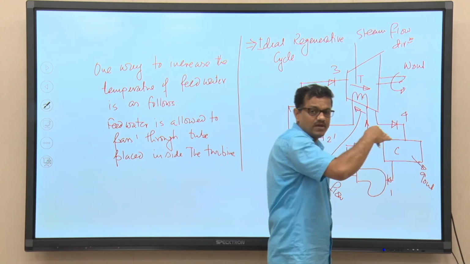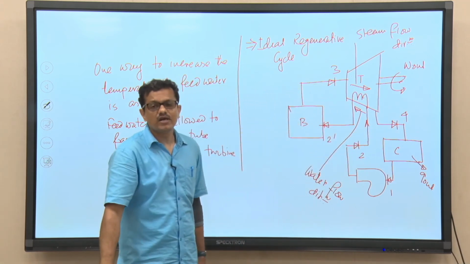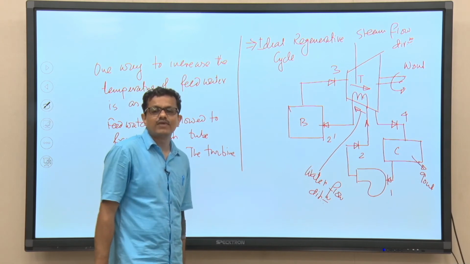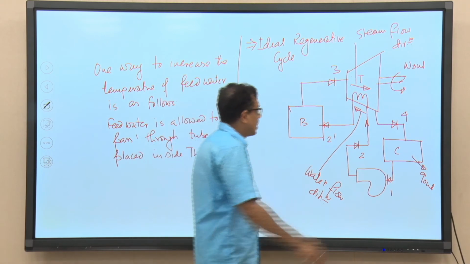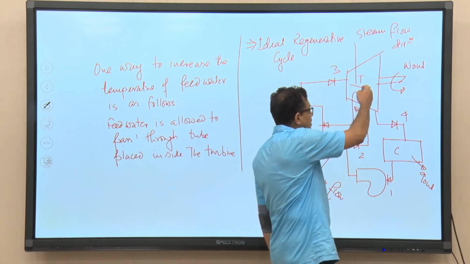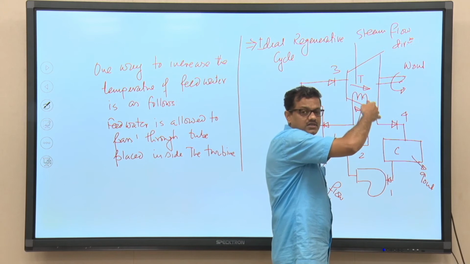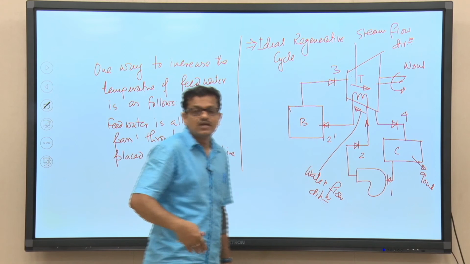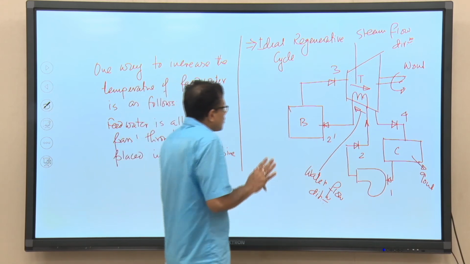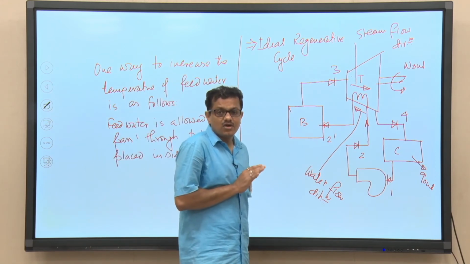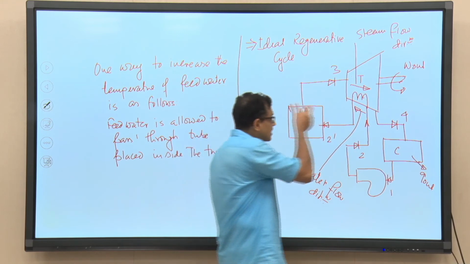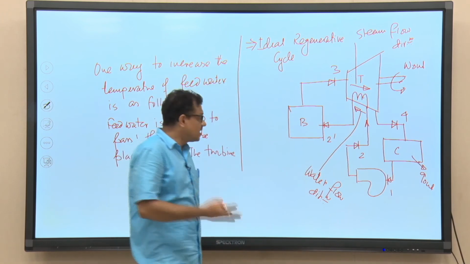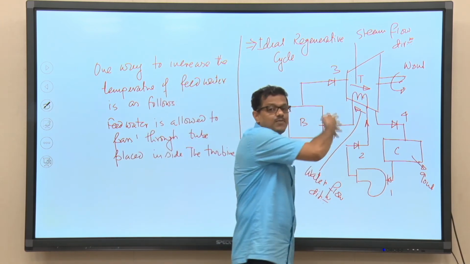So, perhaps the problem associated with high moisture content of steam, which will eventually lead to turbine blade erosion, will be there. The possibility of high moisture content in the steam leaving the turbine will be there, and it may lead to turbine blade erosion. So, the concept is somehow we have understood. The concept is to take heat from one part of the cycle and add that heat to the working substance in another part of the cycle, right.